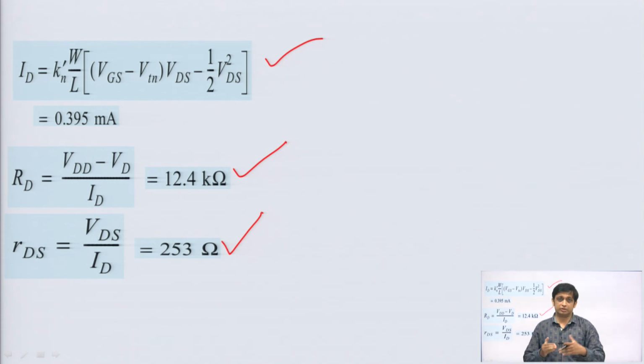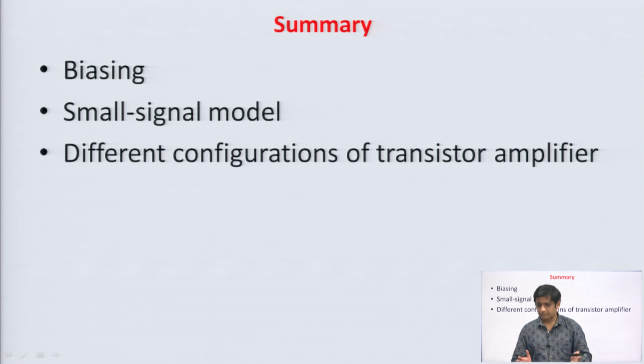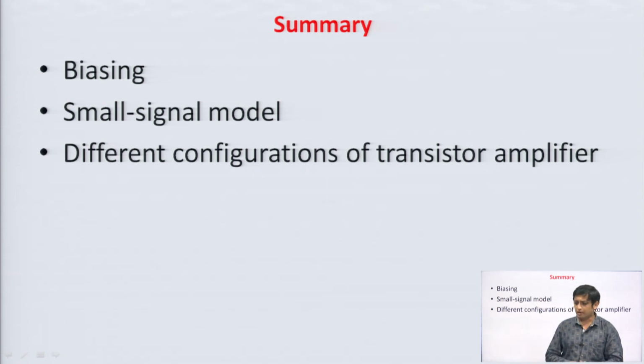So, just do some more practice from your book, do more numericals, because if you practice more, then you will better understand how to find out the region of operation and how to use the equations, fine. So, in this particular unit 1, till now I have discussed the different biasing techniques in transistor, that is in BJT and MOSFET both.